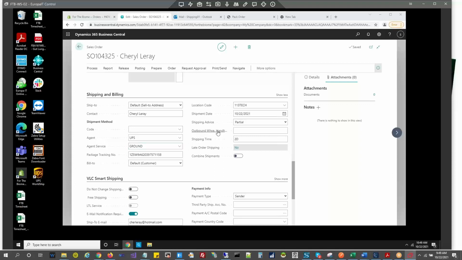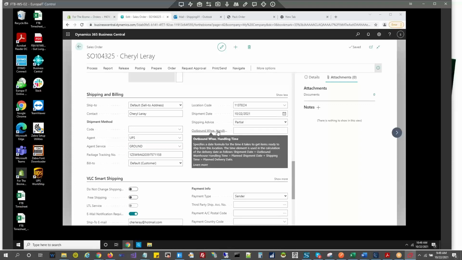Sometimes we have orders that come in at 8 p.m. yesterday that don't get shipped till the next day. They automatically come in, and the shipment date and posting date need to be updated to the actual day it's shipping. Are you saying that's something we'd need to do manually in Business Central?